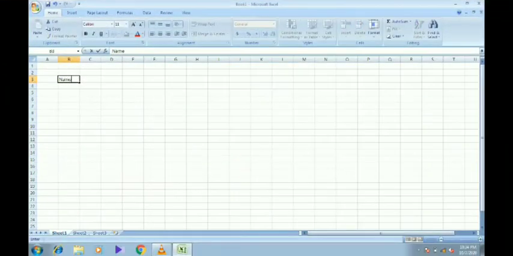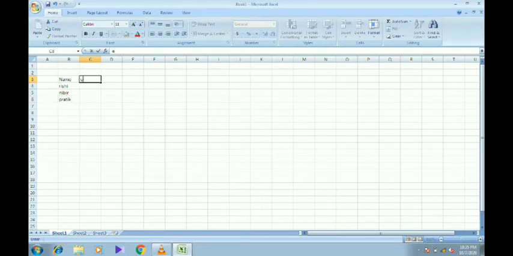Practically, first of all, we have to create a cell address. We have entered the name Rishi, then the next name Nibir, and then Pratik. Then I'll enter the marks of certain subjects.